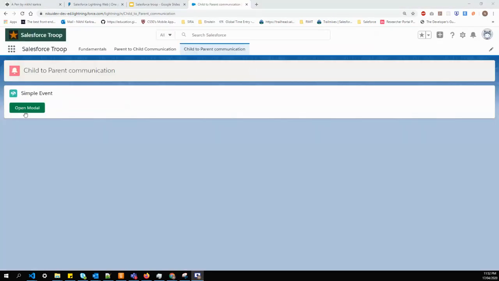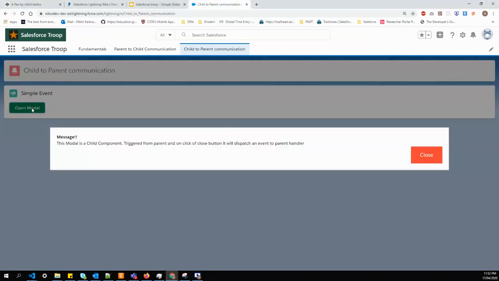So now you can see that this open modal button is in the parent component. As I click on this button, it loads the child component, and this close button is in the child component. As I click on close, it calls the custom event close, and that closes this modal.